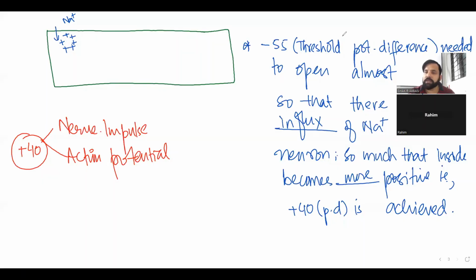तो +40 का मतलब क्या? जैसे -70 का मीनिंग था कि inside is 70 points less than outside, यानी positive charge is 70 points less inside. याद है आपको? तो +40 का क्या मतलब है? कि positive charge is 40 points more inside. Why? Because so much sodium ions are moved in. ये जो +40 का पोटेंशियल डिफरेंस है, this is called what? एक्शन पोटेंशियल। इसी को नर्व इम्पल्स कहते हैं और यही ट्रांसमिट होता है टिल द ब्रेन, +40 का एक्शन पोटेंशियल।